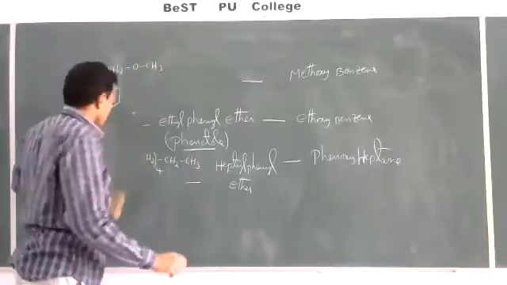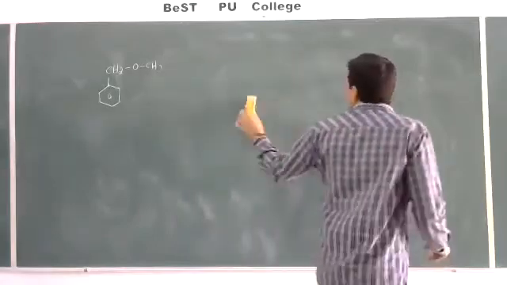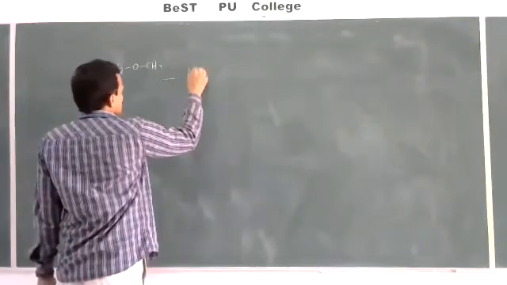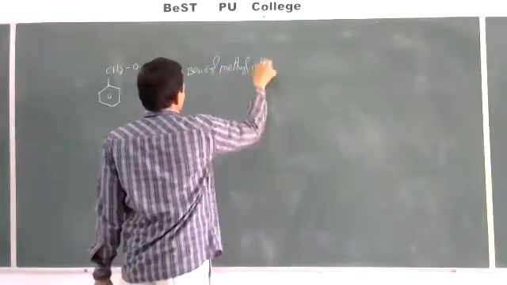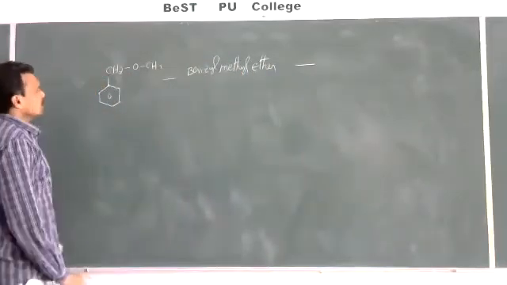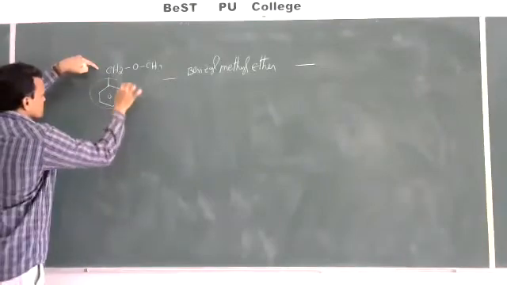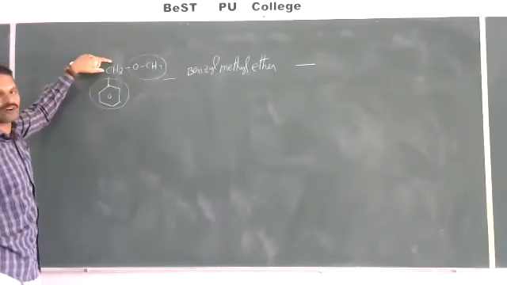Now this is another example. So what is the common name of this compound here? What are the two groups there? One is benzyl, C6H5CH2. Another is methyl. Now this is nothing but benzyl methyl ether. So benzyl methyl ether is the common name. Then what is its IUPAC name? Phenyl methoxymethane. This is named as the derivative of methane.